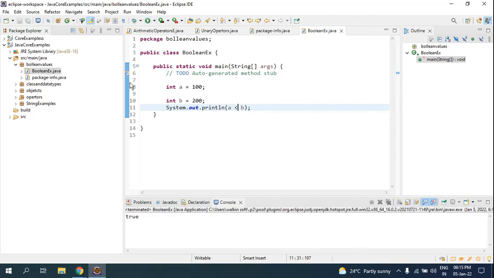So here in system.out.println, if you compare values or variables having values, the output you get is a boolean value, which is true or false, only two values. This is only for comparison operators used inside a print statement like system.out.println. Okay, this is the boolean value. You have only two, either true or false.